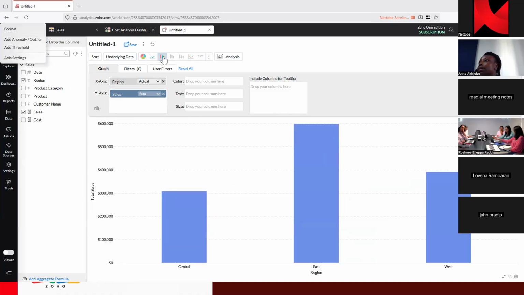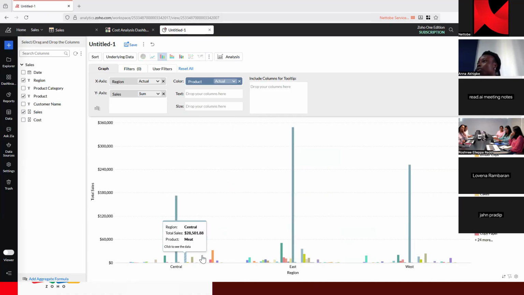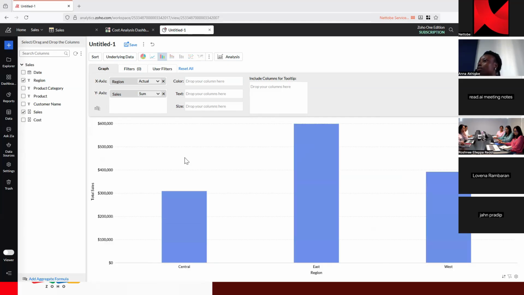So I can pick maybe product, put product as the color. So as the product. So how you want to see the data, it basically gives this, but this is too much. Let's just leave it as it is. And this is just a simple one. So you save it